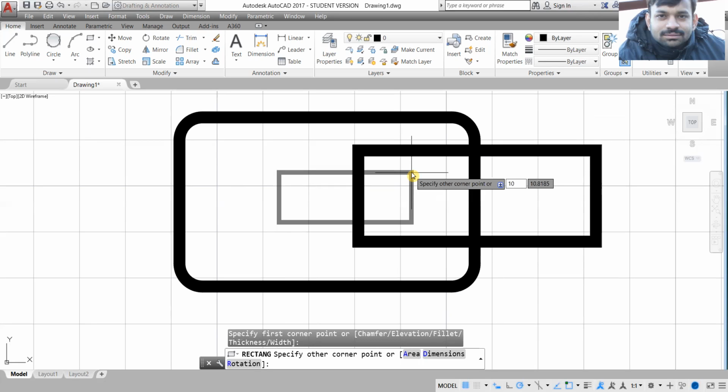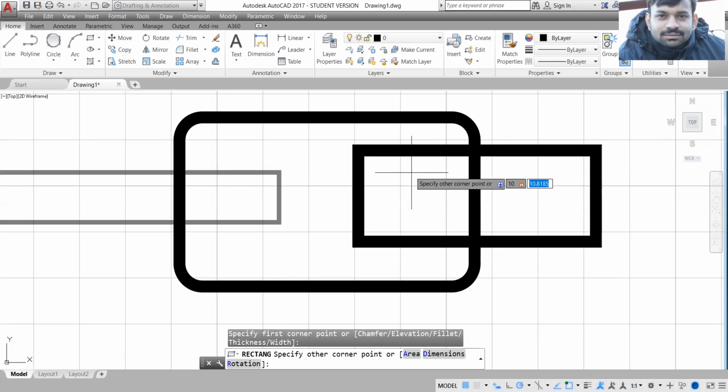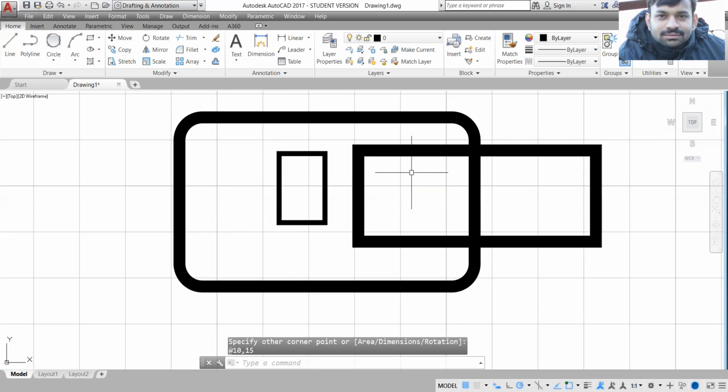Okay, and I'll press the tab button on the keyboard in order to enter the width of the rectangle. So its width, or the height, is 15. So it has drawn the rectangle whose length is 10 units and the height is 15 units.